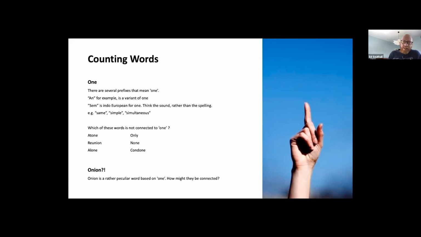It's generally thought, and again, take this with a slight pinch of salt, that the word originally referred to a large pearl, and then later became associated with onion because it looks like a pearl. That's one story that is generally agreed upon, but there are a couple of other versions that I'm not going to get into now, but pretty peculiar. So next time you're sat crunching on an onion in the garden, as we all do, that word is related to counting words.